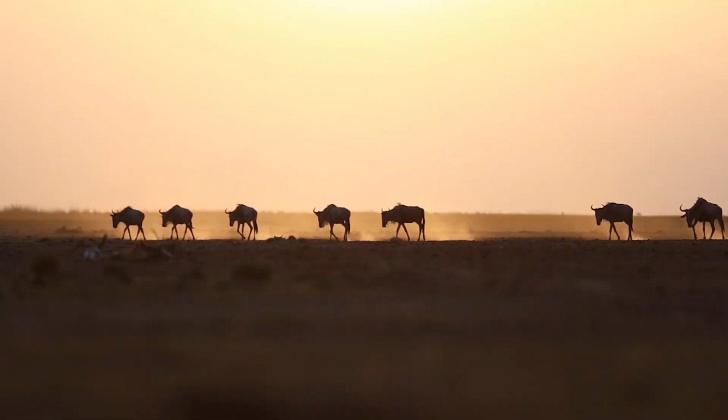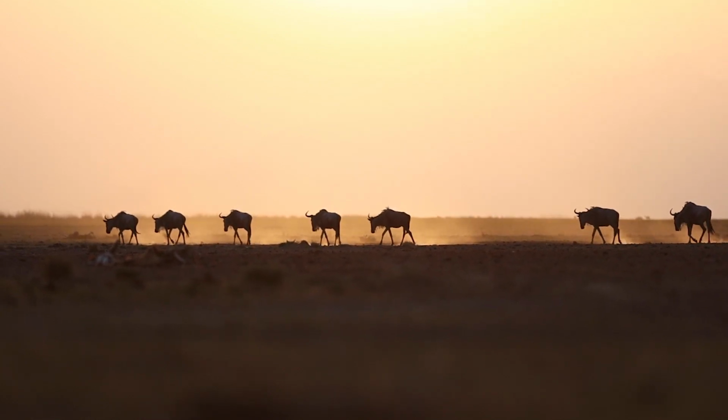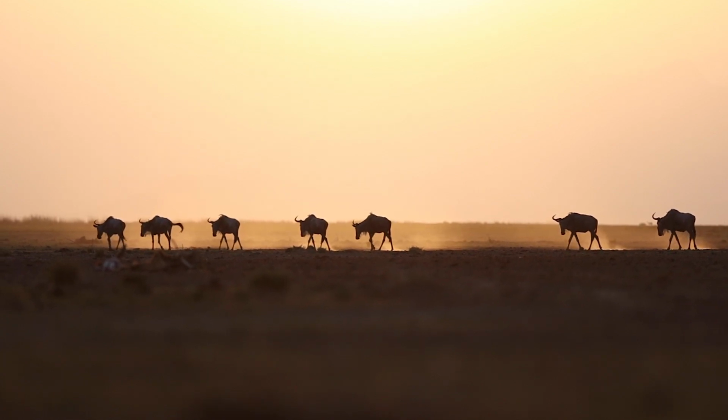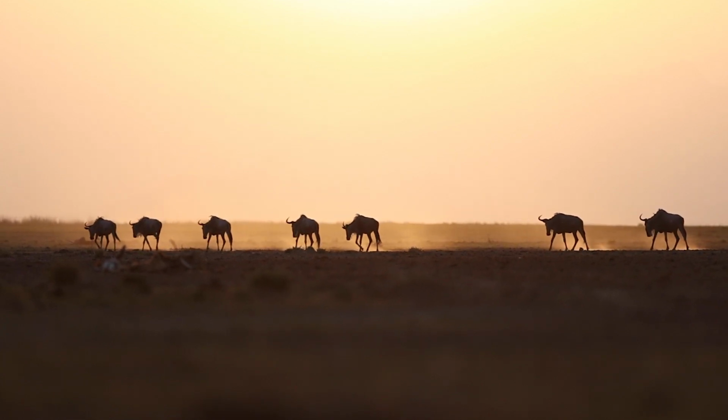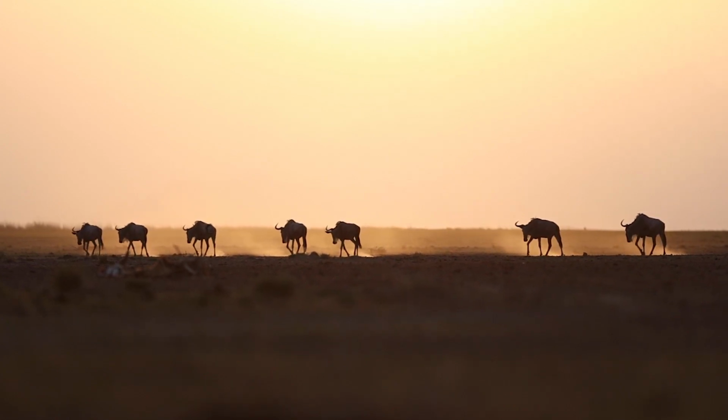And once again, simply blown away by what Amboseli had to offer us. It certainly was dry there. They are going through a very serious drought at the moment, and you feel for the communities around there, as well as the wildlife. However, it was still beautiful, and Amboseli offered some really incredible sightings that I know for all of us simply was